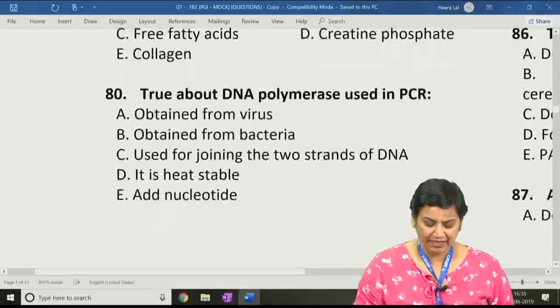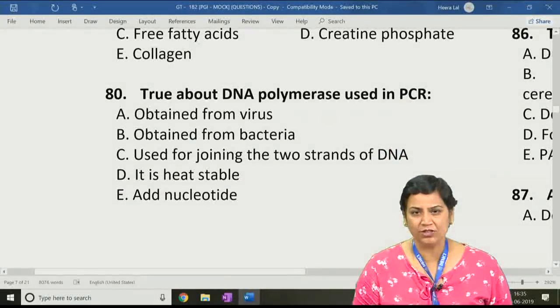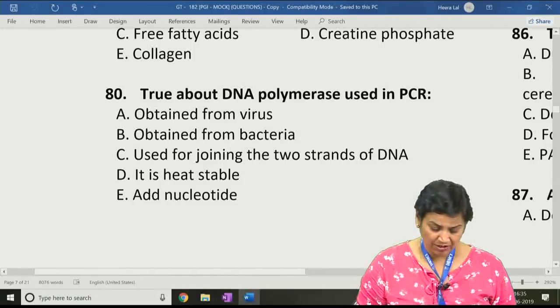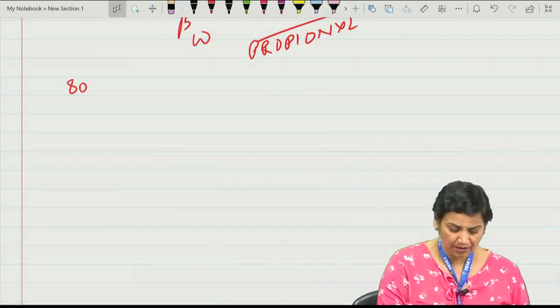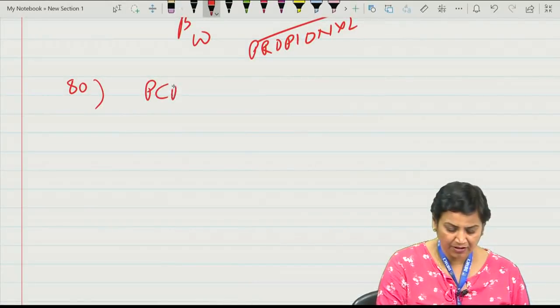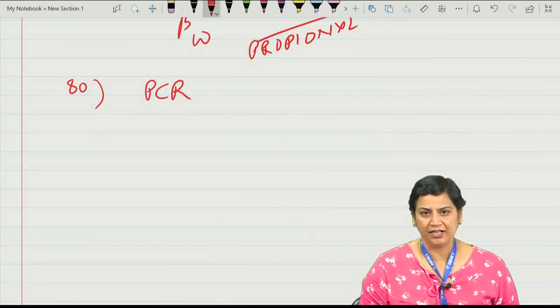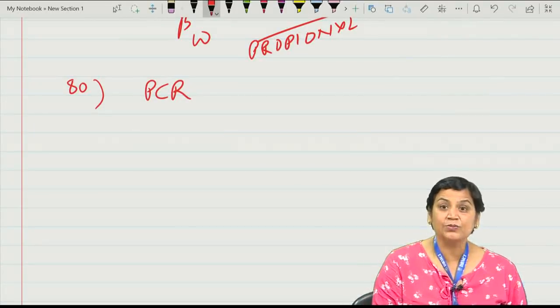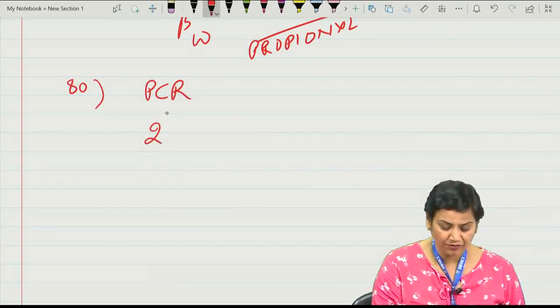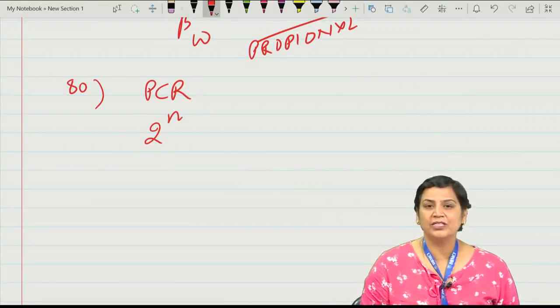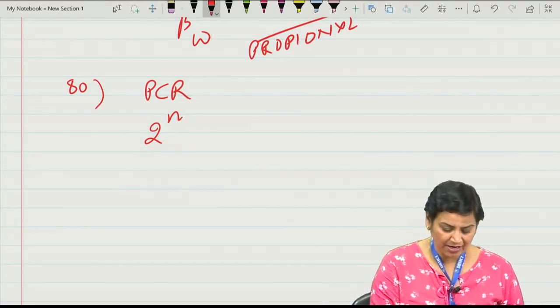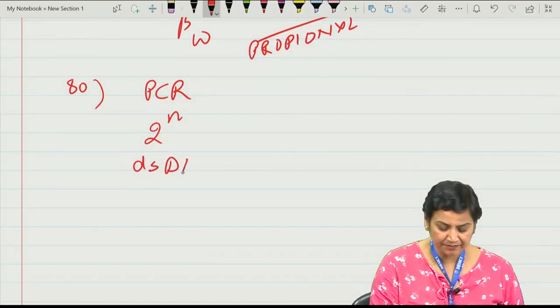Then question number 80. True about DNA polymerase used in PCR. Now see, PCR is what? PCR stands for polymerase chain reaction, and it is the exponential amplification of DNA. What are the prerequisites for PCR? It requires double-stranded DNA,